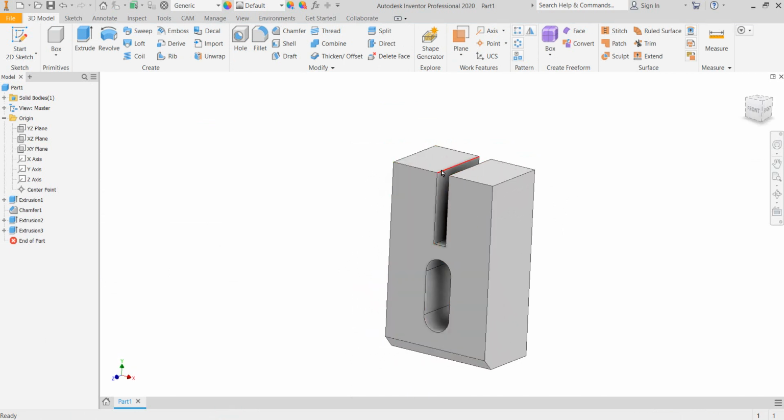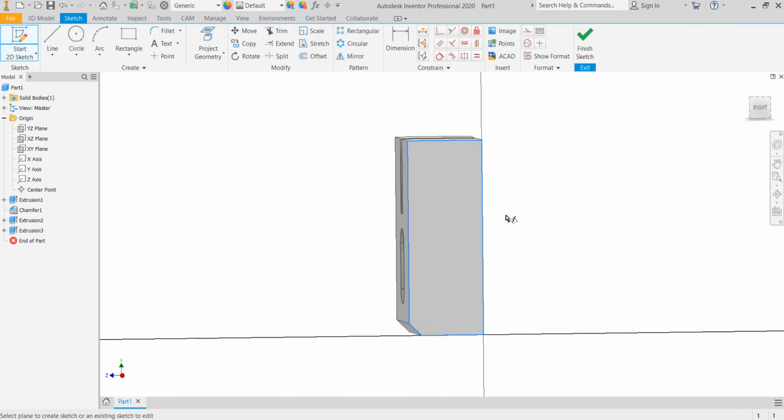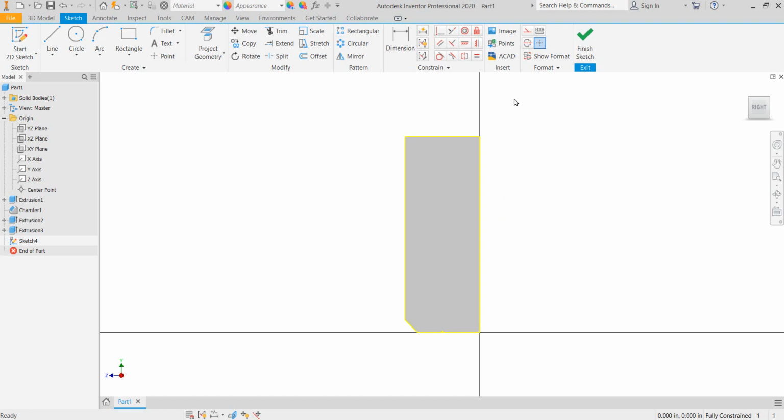Now, to create the slopes on the top, we've got to do a sketch that is perpendicular to that 60-degree slope on the sides. And so the best way that I have found to do that is we're going to create an angled work plane, and we're going to do our sketch and extrusion from there. So we're going to start with a sketch on the side right here, and I'm going to change over to construction lines,